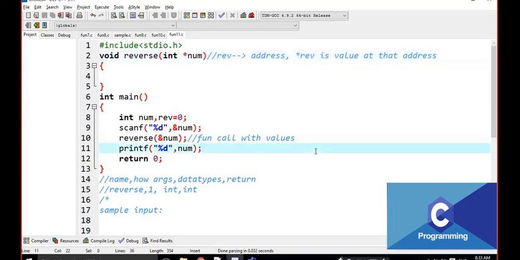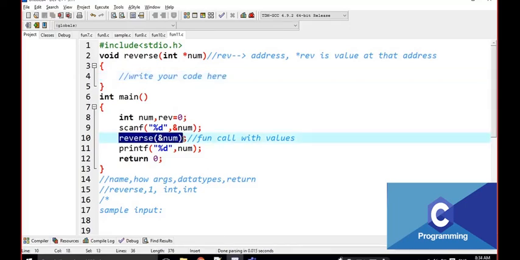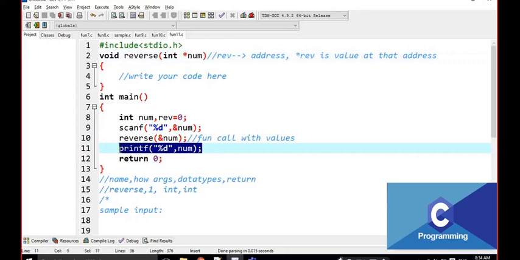When you are writing the program, we have to observe these things. The function is like this; write your code here. Then we observe the function call: reverse is the name, and it is passing the address. We immediately check that it is a pointer. Yes, it is the pointer. And what is the result it is printing? It is printing the same num as the result.